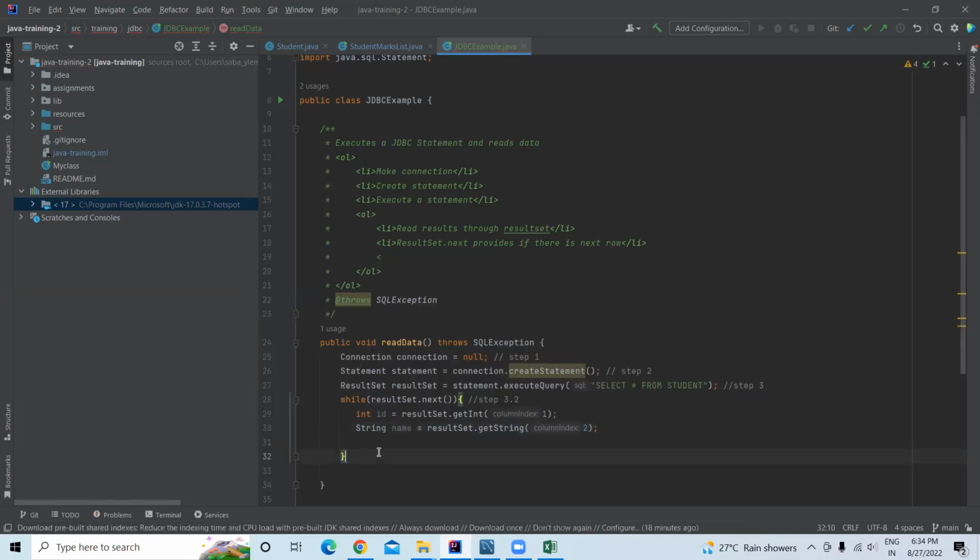String. Now date comes. Date is a little bit tricky. Maybe I will explain that in a moment. Let's first complete this program and then we'll go there. So this is step 3.2. Now step 3.3 is